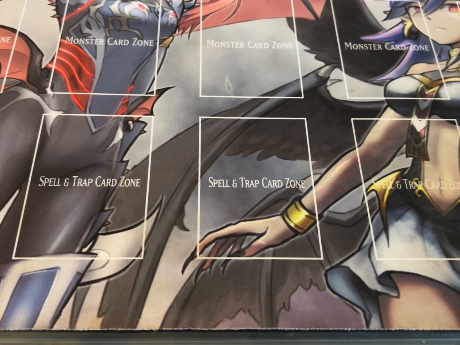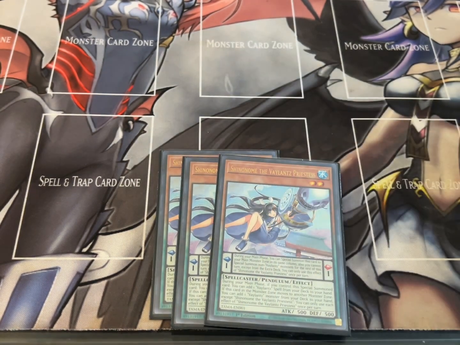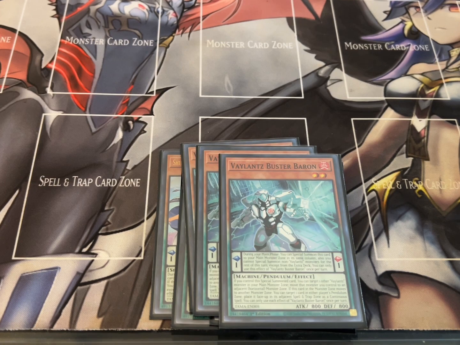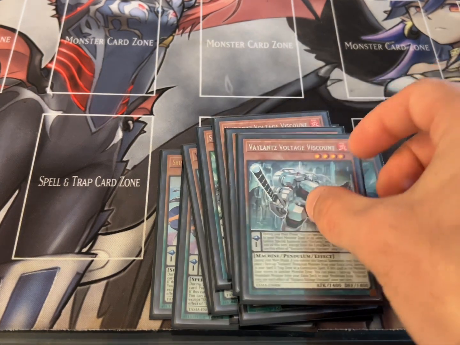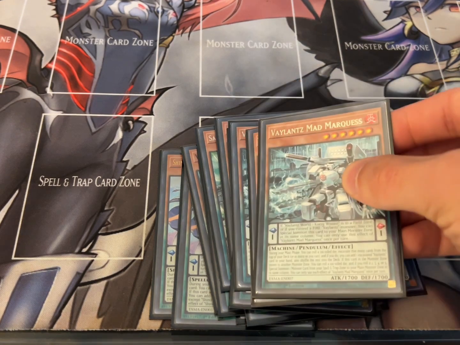Today I have a Vaylantz deck profile. Let's get started. We're going to play 3 Shinonome, 3 Buster Baron, 3 Archer, 3 Voltage Viscount, 3 Mad Marquis,